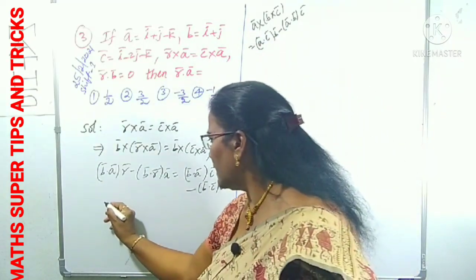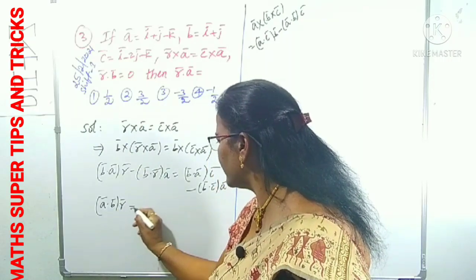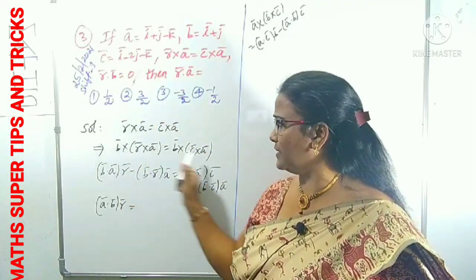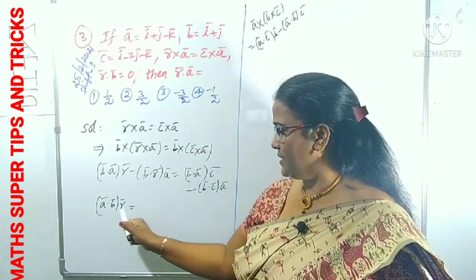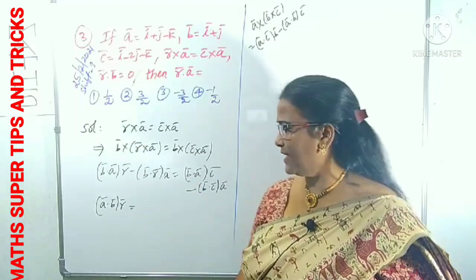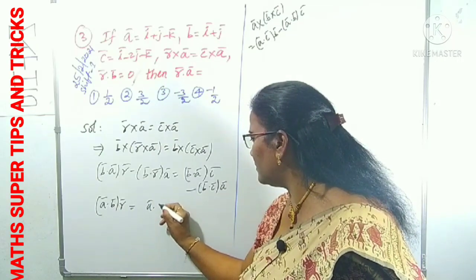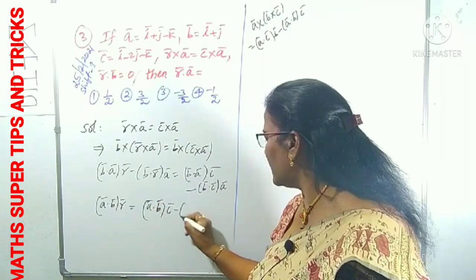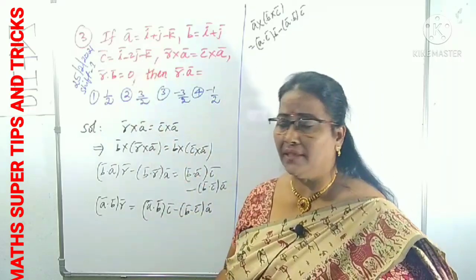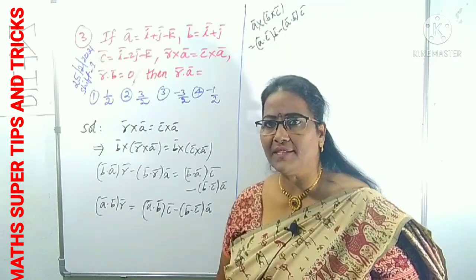Now we can understand what next we can write. This is A dot B of r bar. This becomes 0, I said already. I used this result. Okay, you can understand now. I am using the B cross on both sides to eliminate something. By using this result we can eliminate something. Okay, right. Now here, on the right side, what is there? B dot A, we can write A dot B into C bar minus B dot C into A bar. You know already A, B, C vectors are there here except r bar. The remaining vectors we can substitute here. A dot B, what is the given dot product?